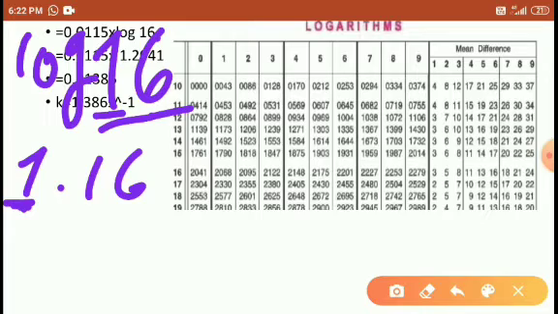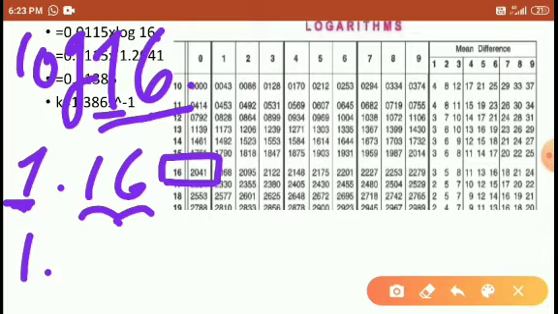If the point is after 3 digits, you have to use Mantissa size 2. So the point is after 2 digits, so that's why I am using 1.16. So the 16th row, in which there is no digit after 6, so the 16th row and the 0 column is